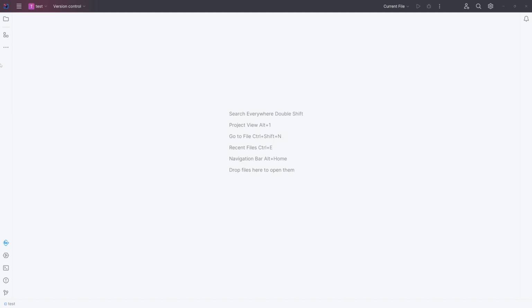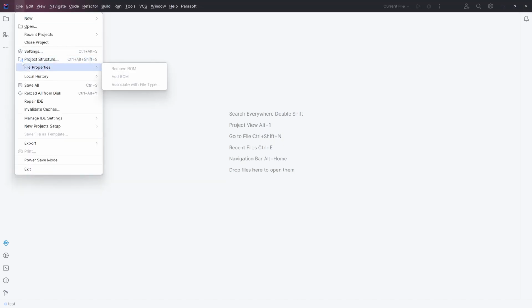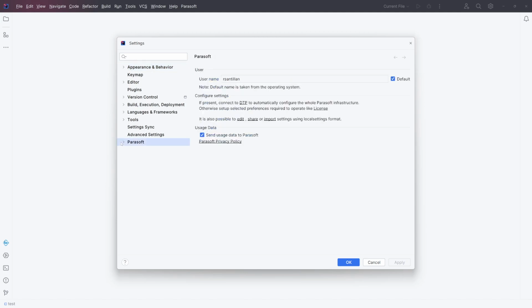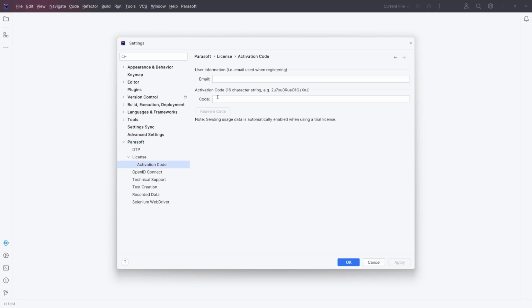Begin by navigating to File, and from there go to Settings. Now expand the arrow next to Parasoft, followed by the arrow next to License. Finally, click on Activation Code. Fill out your information. Be sure to use the same email address your activation code was delivered to. A valid email and activation code pair is required to activate the trial. Here, we'll just put in our information,